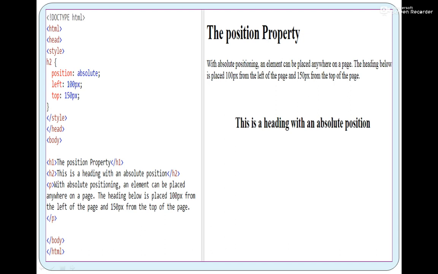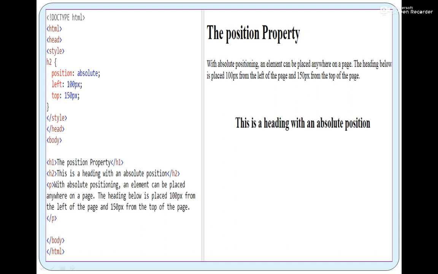Left 100 pixels means it has to leave 100 pixels from the left side of the screen. So if you see the left side margin of the web browser, it will be leaving 100 pixels from the left. So this coordinate is given, and again one more condition is given, that from top of the screen it has to leave 150 pixels.